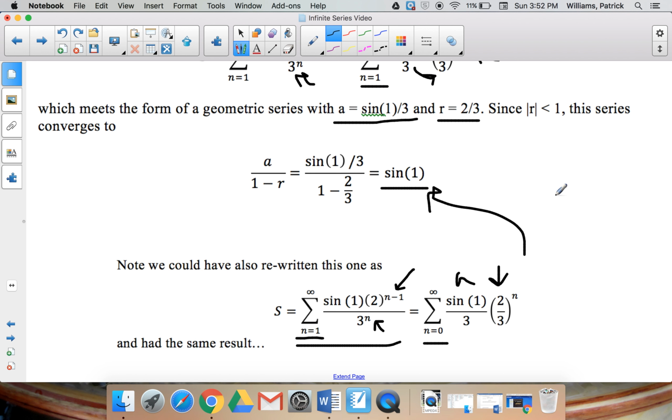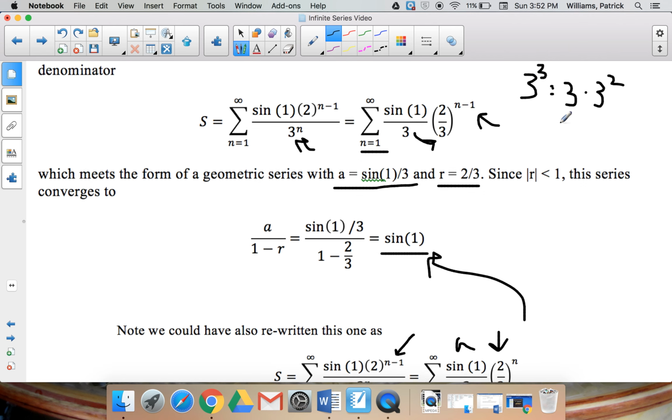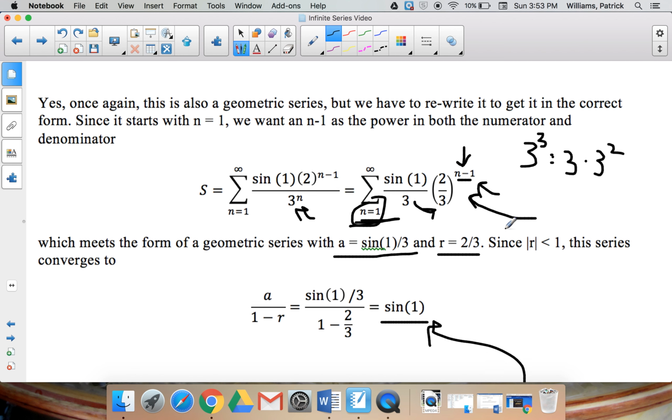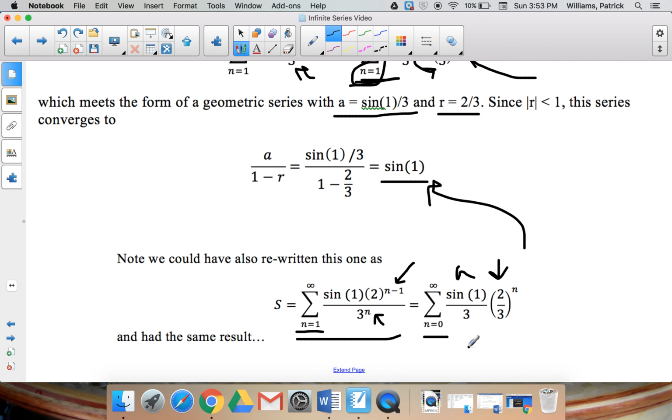Okay, and what we did in this case was the same manipulation that we did in this step right here. But if we instead start at n equals 0 instead of n equals 1, what that makes is that this n minus 1 goes to an n instead. Because think about it, when n is equal to 1, n minus 1 will be 0. Well, isn't that the same thing as just saying, okay, let's just start at 0 and raise the thing